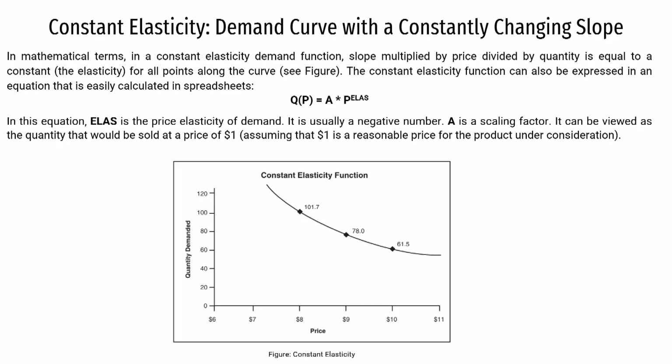It can be viewed as the quantity that would be sold at a price point of $1, assuming that $1 is the reasonable price for the product under consideration. In case $1 is not a reasonable price for that product, then we have to either scale down or scale up the data points. Basically, what we are doing is converting the standard deviation of the data point into unit, that is 1. So, that is what we need to do in order to conceptualize the price elasticity with a non-linear function,